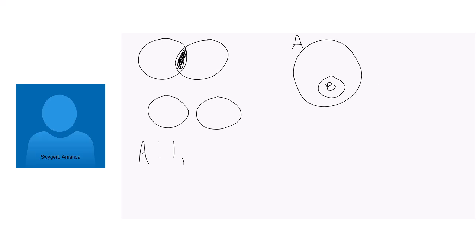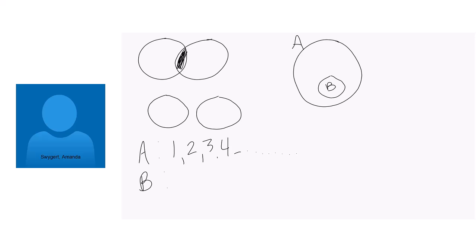So let's say A represents 1, 2, 3, 4, and so on. And it keeps going forever. Okay, these are called the natural numbers. There's no decimals, there's no fractions, there's nothing like that. Okay, so let's say A represents all the natural numbers. B is going to represent a subset of those numbers. So B is not going to be every single natural number, but it's going to be some of those natural numbers.